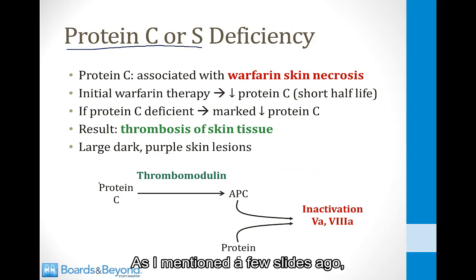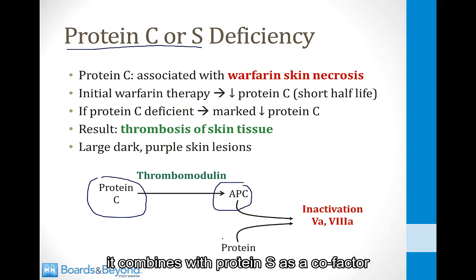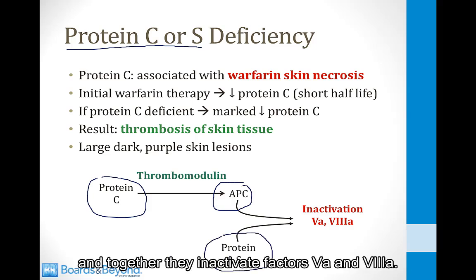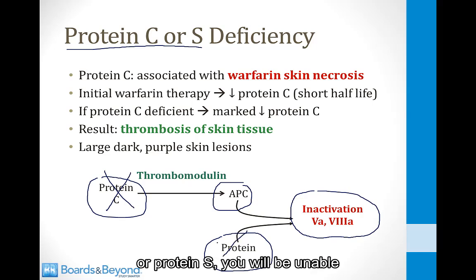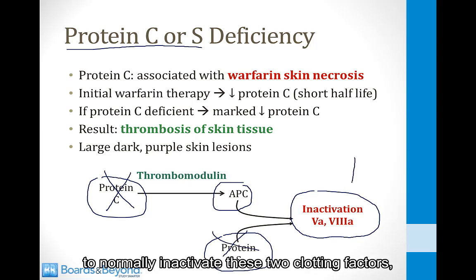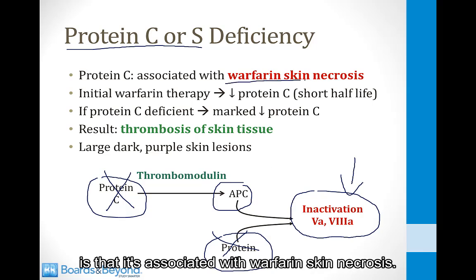As I mentioned a few slides ago, protein C is activated to become activated protein C. It combines with protein S as a cofactor, and together they inactivate factors 5A and 8A. So if you are deficient in either protein C or protein S, you will be unable to normally inactivate these two clotting factors, and that leads to a hypercoagulable state. One of the most important things to know about a protein C deficiency is that it's associated with warfarin skin